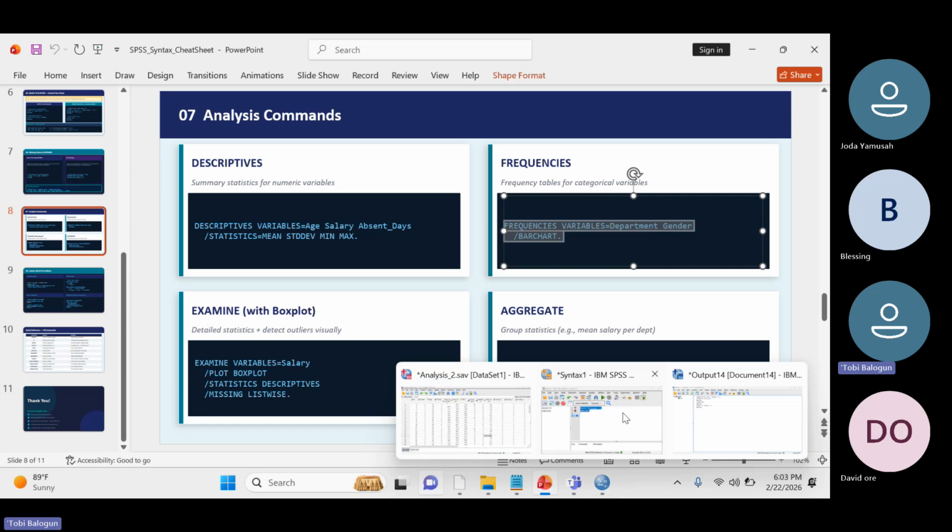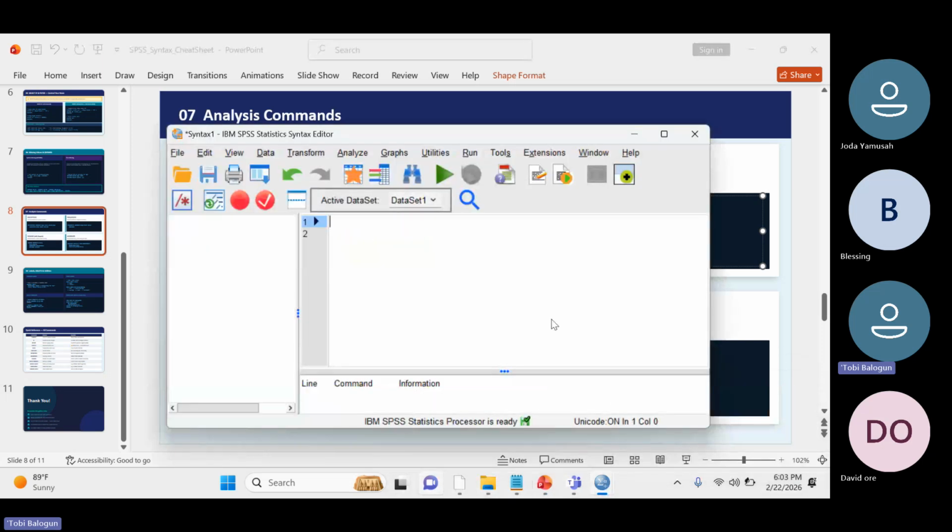This sort of command looks like this: you have the command, you have the variable, then equal to something, and then you have the subcommand that starts with a slash. So this is the way procedures work. If we say something like this, you can see we have this main command here, and a subcommand here. What this is saying is that we want to get the frequency of the department and gender, and then plot a bar chart. So if we run this,